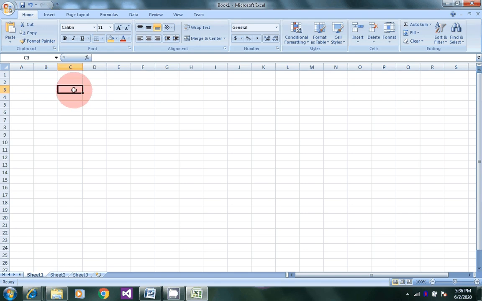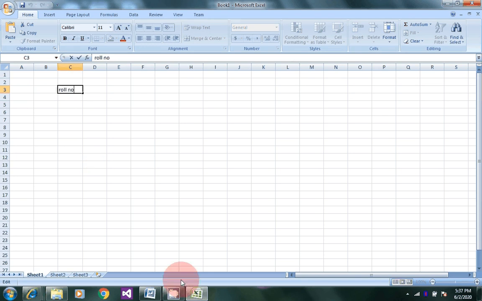It means if you type here, suppose, roll number, this distance between your data and the border, this white space which you adjust, is called the cell padding. The cell spacing is the distance between the cells, and the cell padding is the distance between the border and the content within a cell.